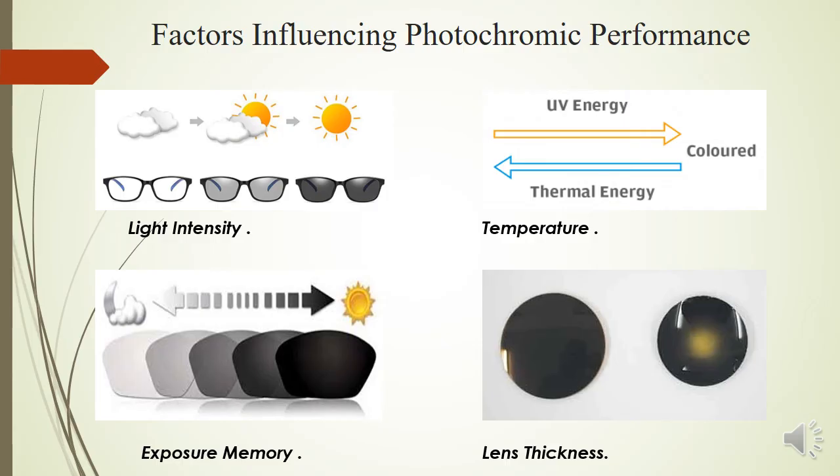Because of this fact, in plastic lenses, many times in high power, the amount of darkness, or the photochromic performance, will depend on the thickness of the lens. So it is always advisable that in higher prescriptions, it should be a tinted lens rather than a photochromic lens. Because of the change in thickness, there will be a change in the darkened stage.